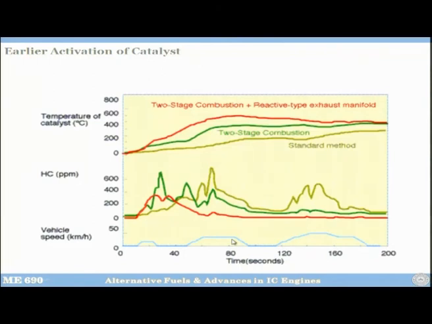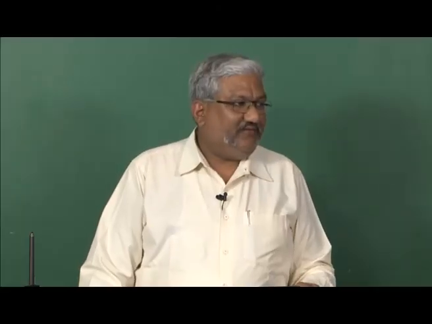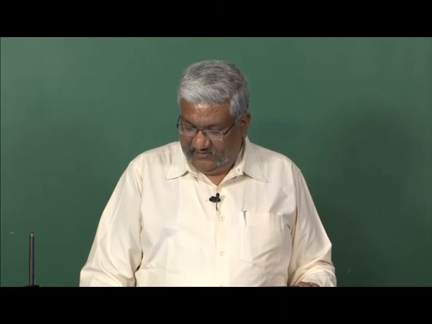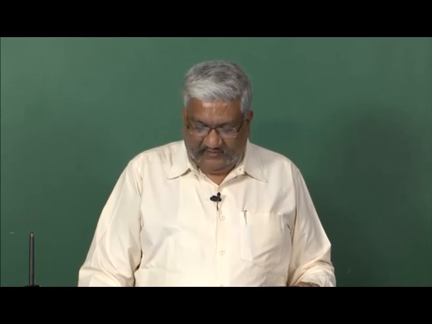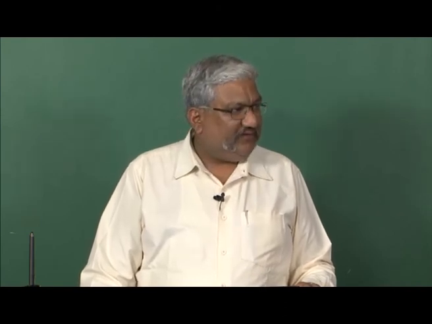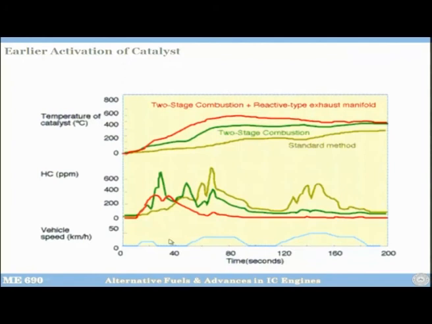Then again there is a stop sign, you stop there, just look on both sides, then you go to the main highway, so then speed increases. So, this is typically the driving cycle for a typical day to day driving when you get out of your home, when the engine is starting from cold. Okay. And here you see this is the temperature of the catalytic converter. So, you see it will be 0 does not mean 0 degree C, but it means atmospheric temperature.